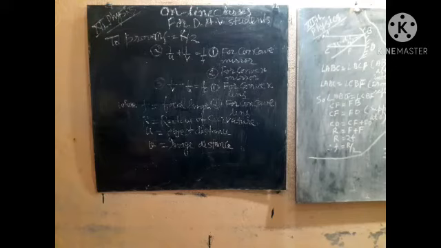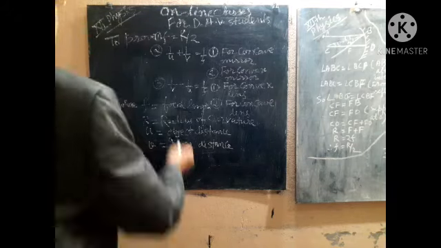Here in this chapter, once again I am repeating, this is for DAV students, class 12 physics. Several things you have to keep in mind: sign convention, and in sign convention you have to choose the origin. After that, where you keep the object and image, the distance will be positive or negative. Okay, try to understand all the things which are given here.